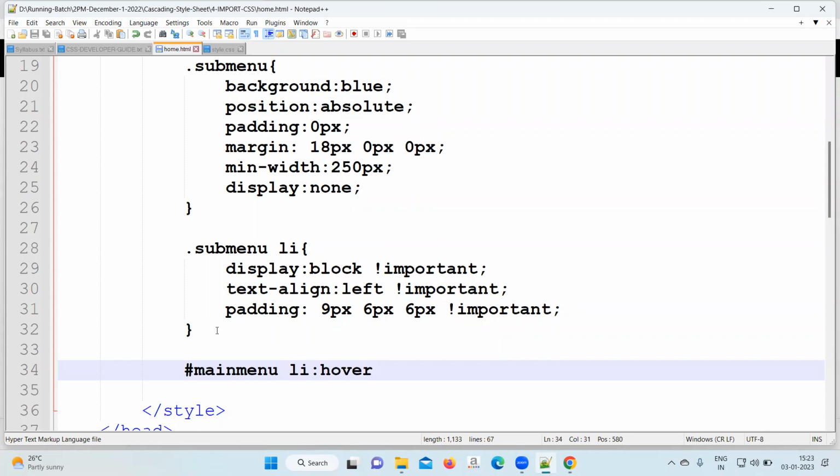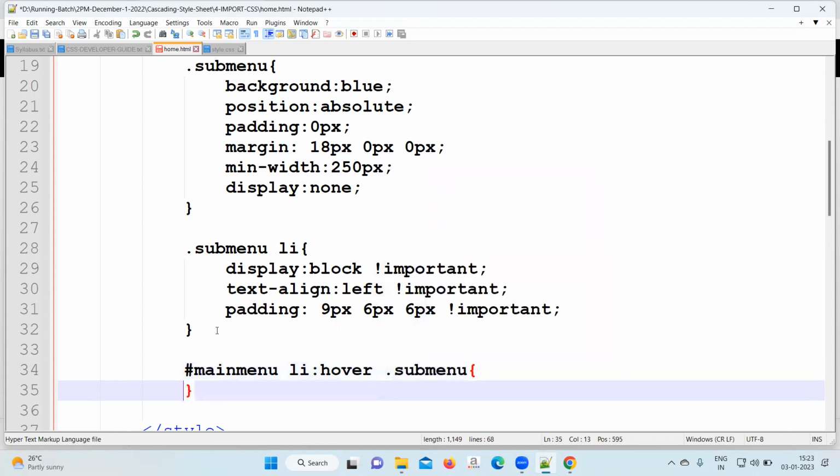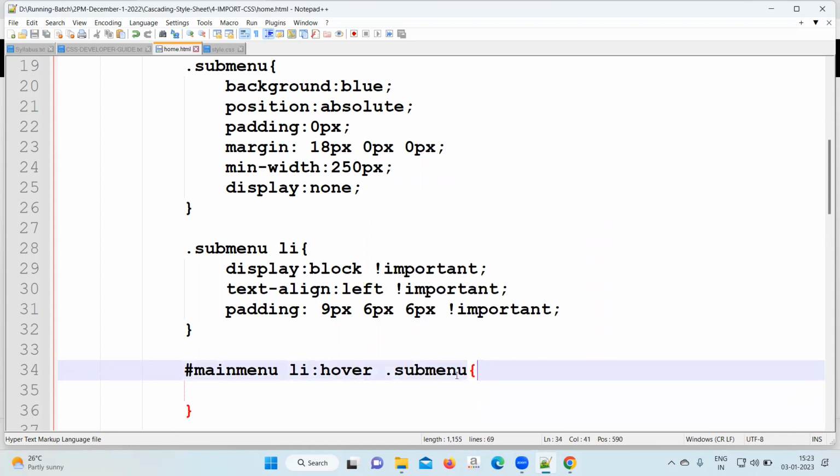So you will write here, under the main menu there is an li on hover, li colon hover. When the user is moving the mouse on an li, the submenu li is already hidden, the main menu of li, correct? Then what should happen? Check, is there any submenu? If the submenu exists,